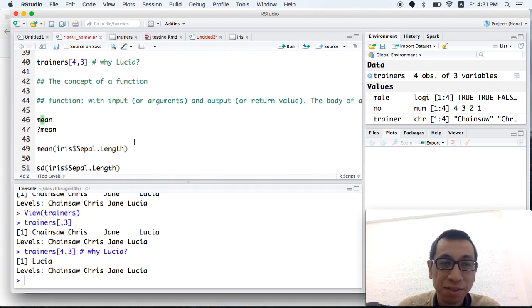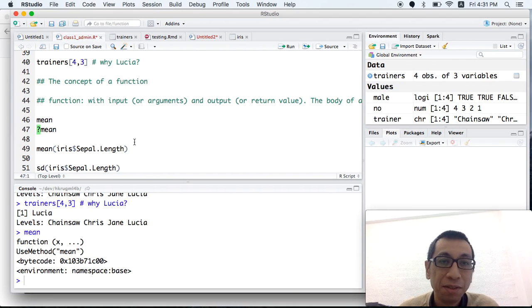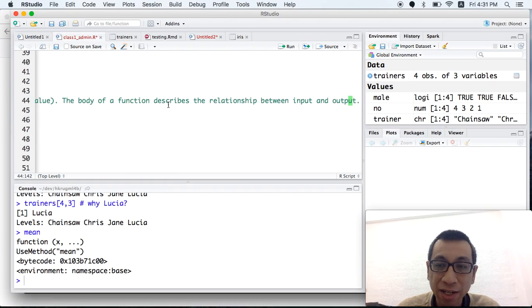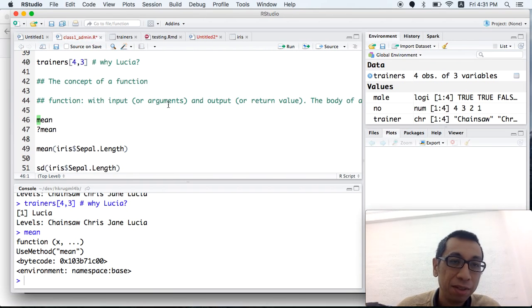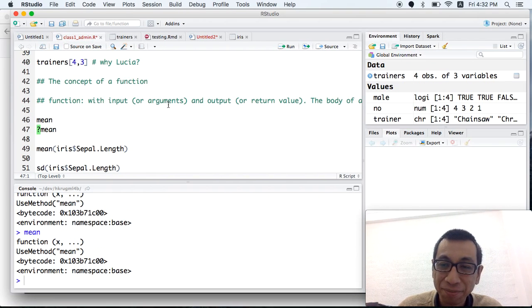And then functions. A function takes inputs, or arguments, and then gives you something back, which is the output. Most of the time it will give you output, and the body of the function describes the relationship between the input and the output. For example, I have a function called mean. By looking at the name, you can guess it calculates the mean, meaning the average. It's a built-in function.